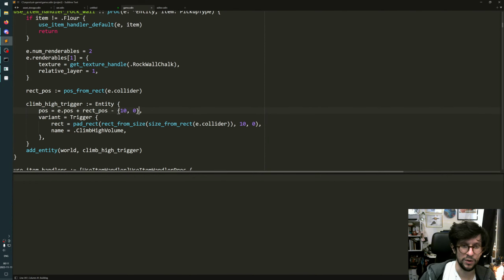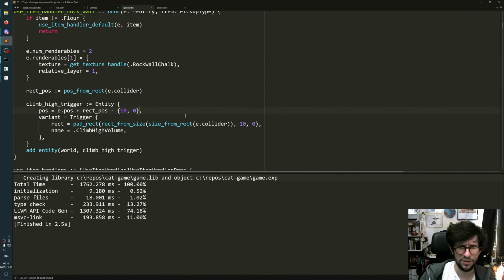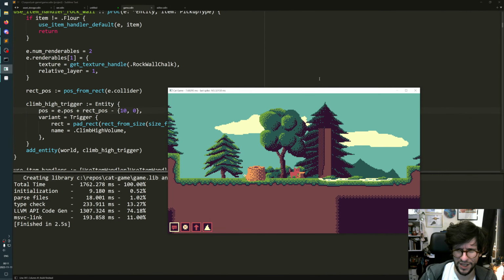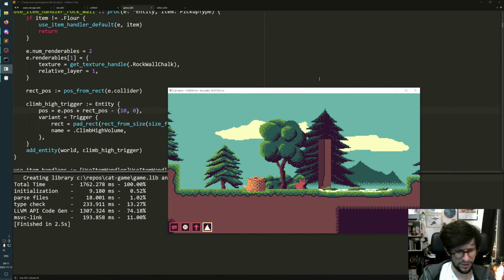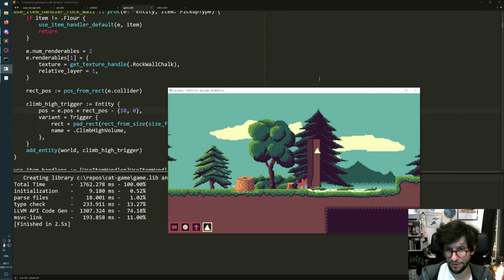It's a weird thing you can do in Odin. You can take -10 on a vector and then it puts -10 on both X and Y. I've never done that. I've always only done it by mistake. And it moves it in two directions. I don't think it should be like that, but